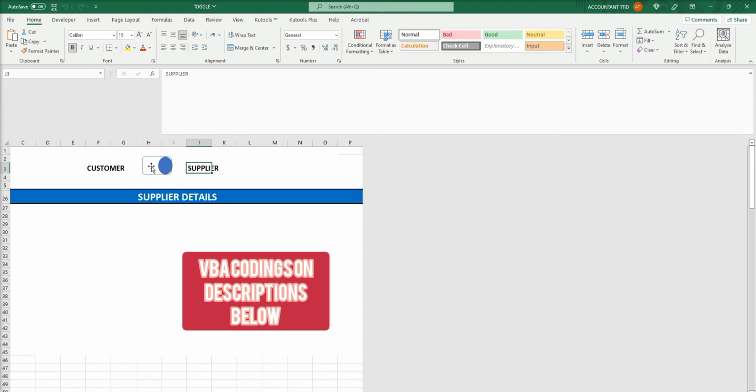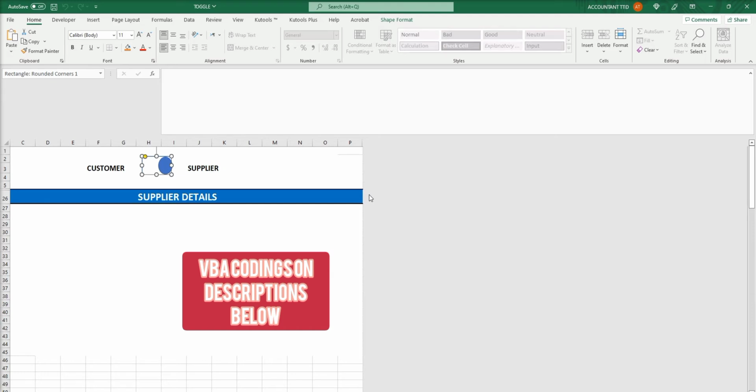So we have some rows here. Before that, I am going to remove the shapes, both shapes, the toggle button and the other shapes. I am going to remove them first. Click here and remove the shapes, and we can add new shapes here. So I'm going to remove everything